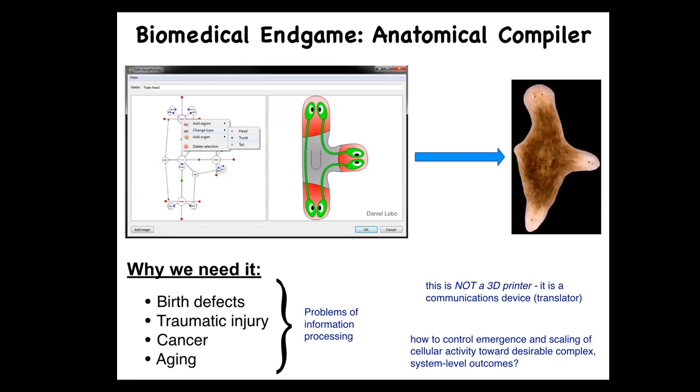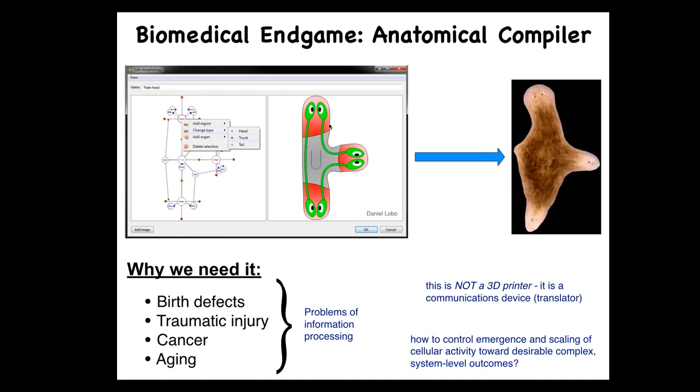So what I think about is this notion of an anatomical compiler, this idea that someday you will be able to sit down in front of a computer, draw the plant or animal or organ or biological robot or whatever you want, draw the structure that you want. And the system, if we knew what we were doing, would compile that description down into a set of stimuli that would have to be given to cells to make them build whatever you just drew. So complete control over anatomical growth and form. That is what I see as the end game here.